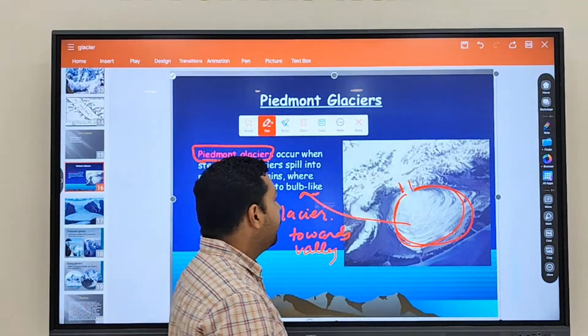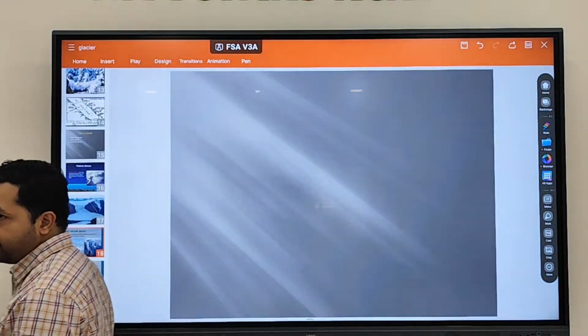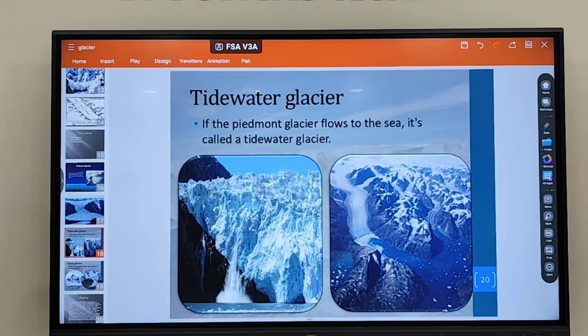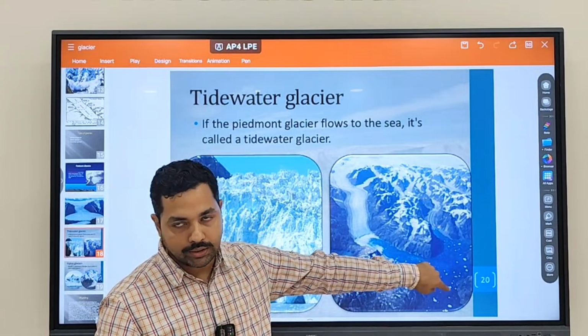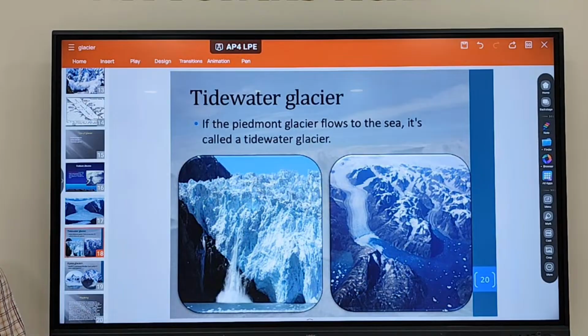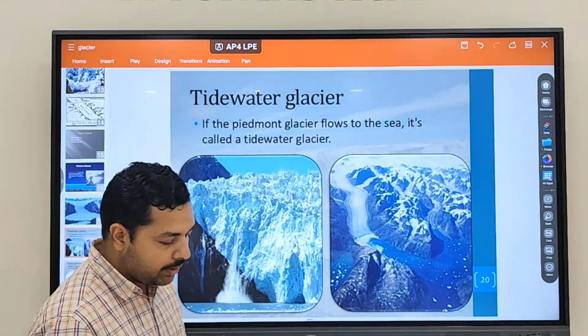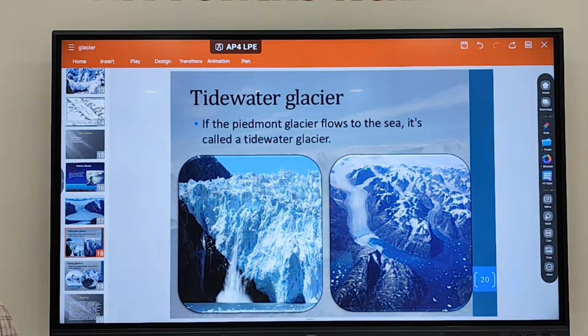Fine. Now the third kind of glacier that you'll find is the tidewater glacier. So when a glacier starts to move down into the sea, into water, then it is going to be called which type of glacier? Tidewater glacier. So these are the three types of glacier that you have to keep in mind: Piedmont glacier, alpine glacier, and tidewater glacier. Together they are referred to as a